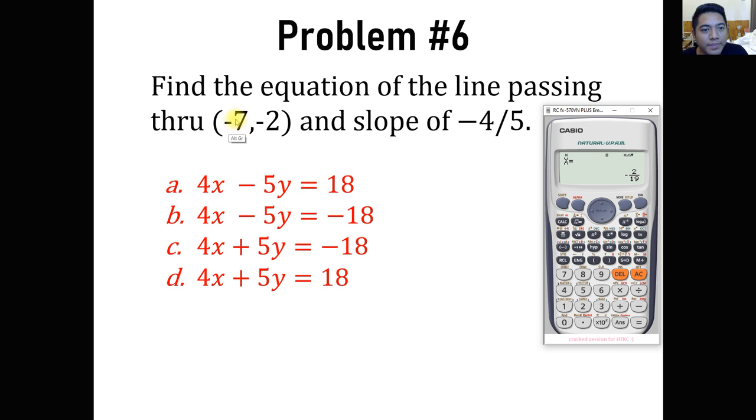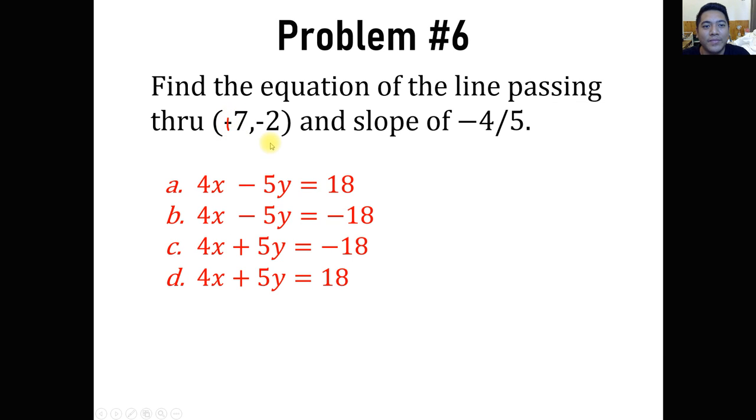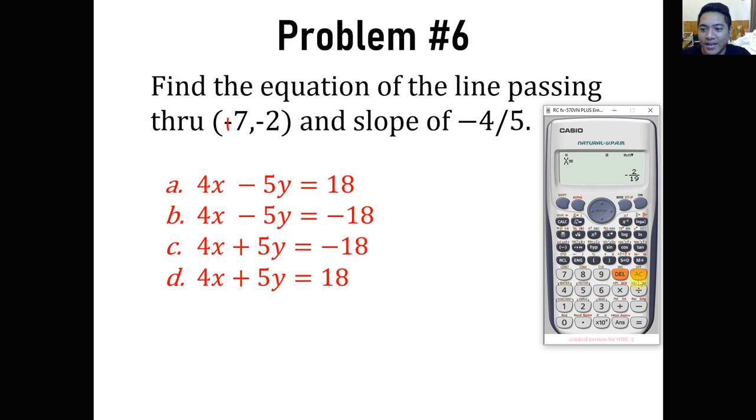Oh, sorry. This should be positive, just to follow our example. So for -7, we have 7 instead of -7. And then for x sub 1, x sub 1 plus 1 should be 8. On the y, there's no problem. Sorry for that typographical error. It should be positive 7 for the first. And then for the second, x sub 1 plus 1, which becomes 7 plus 1, which becomes 8. And in the y, there's no problem because it's still -2.